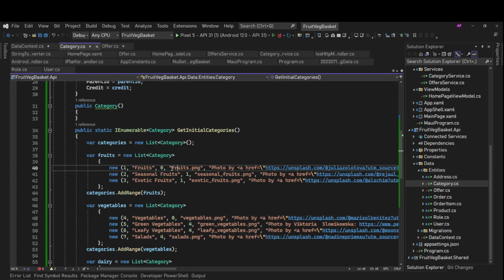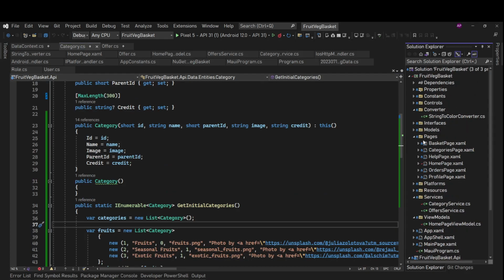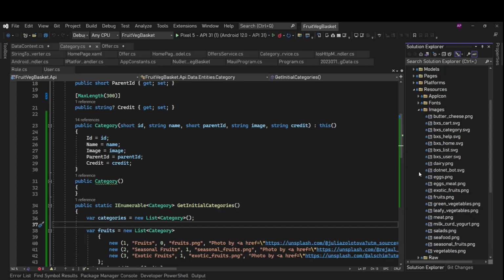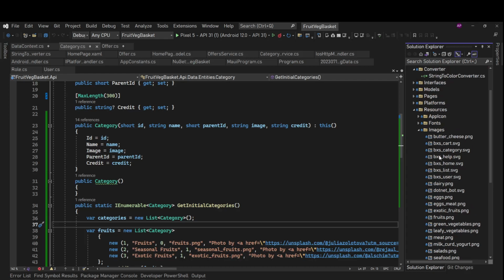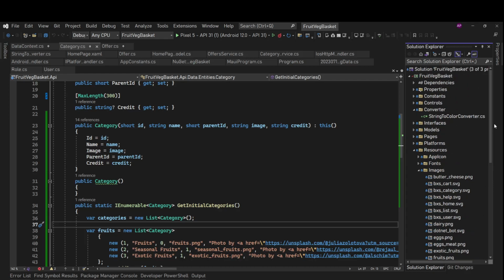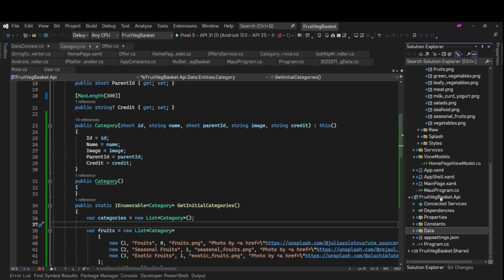We are getting the direct names of the files, and it works because we already had these files in our Maui project's Resources folder in images, right? So what we'll do next, we'll remove these images from here because we need to get these images from the API. So these will be URI image sources, and we'll have those images as a part of this API.